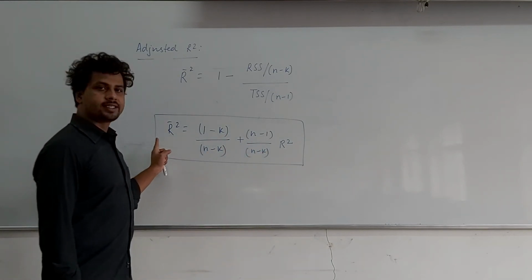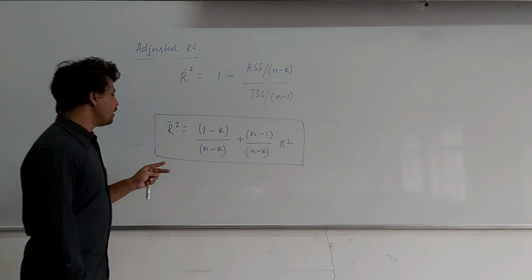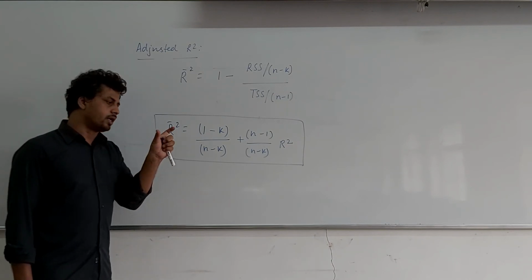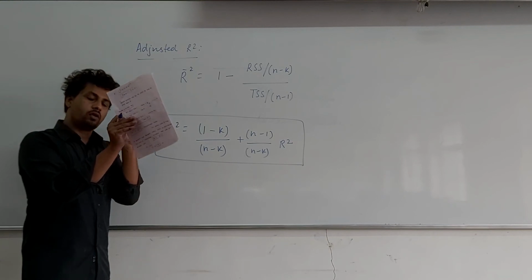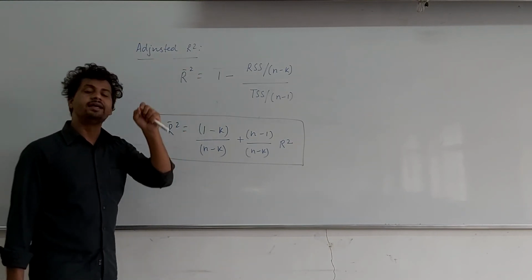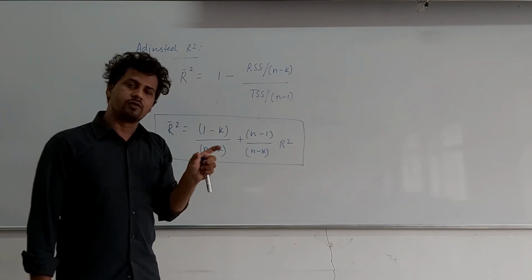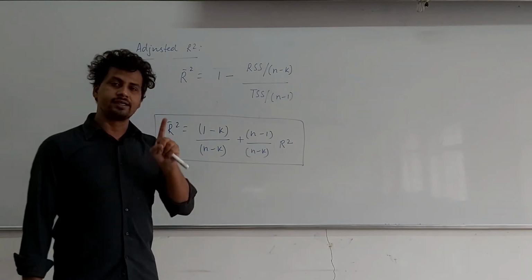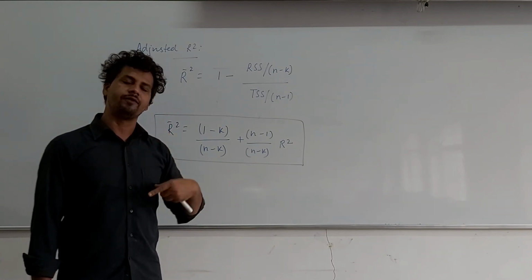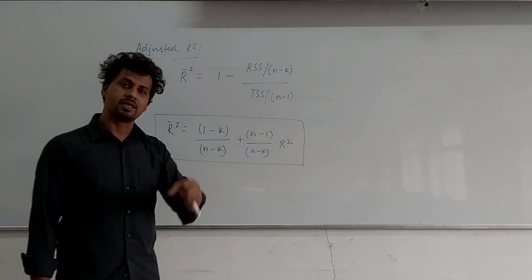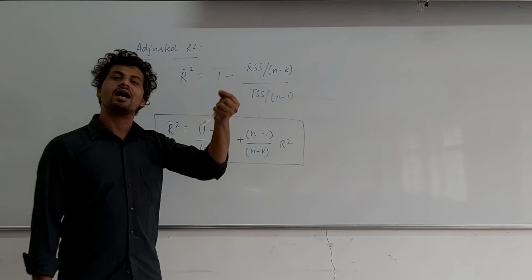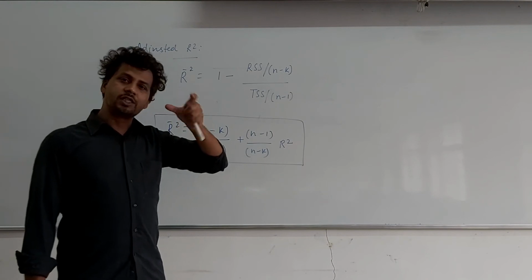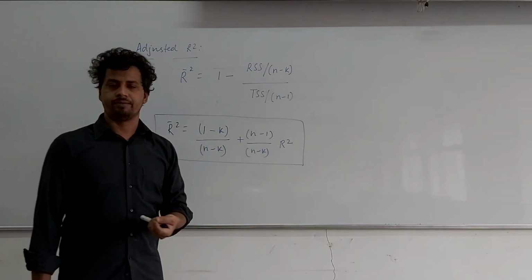So again I wind up my lecture over here, but two points to be noted. First, the total y can be decomposed into the regression values and the residual values only on the condition that there is a 90-degree angle between the fitted values of y and the residual term. Second, R square is a non-decreasing function of x, meaning if you keep on including explanatory variables, your R square might not increase, but it will never decrease. So R square should not be a criterion to judge which of two models is a better fit.